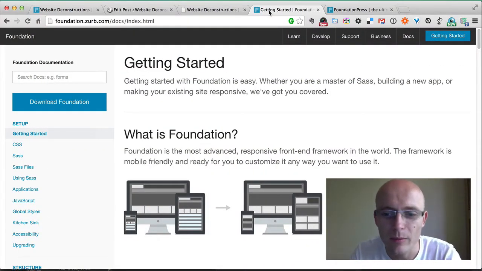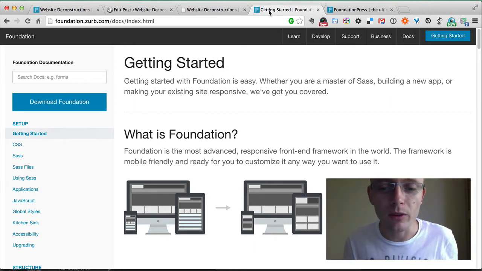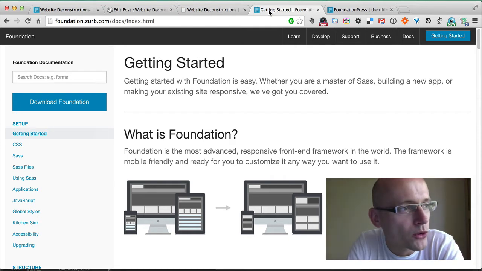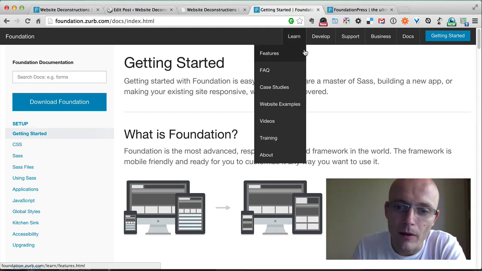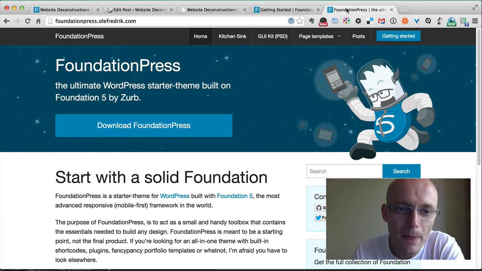First thing I wanted to mention is the Foundation CSS. As you know, Foundation and Bootstrap are probably the most commonly used CSS frameworks. I decided to use CSS Foundation. Not really sure why. There is nothing I've got against Bootstrap, but CSS Foundation always worked for me. I found it easier. The grid system and the Bootstrap framework, I found it more suitable for web apps. But yeah, CSS Foundation is much easier, and what made it even easier is the Foundation Press by